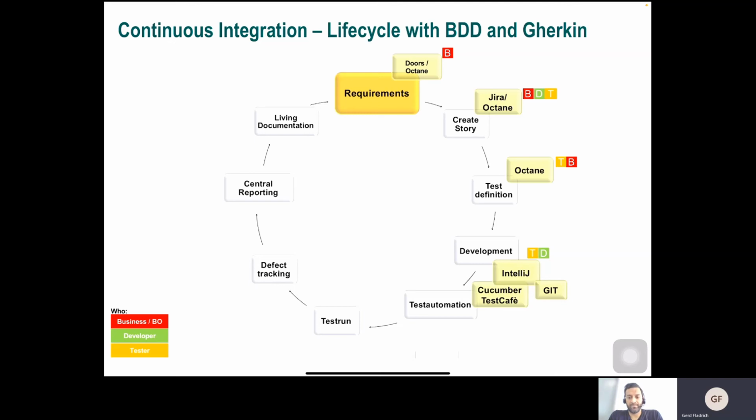In this case, it was TestCafe, but it can be also LeanFT, or what is the name now? Right, yeah, it's changing from time to time. Can be also Protractor, Jasmine, Selenium. There are many tools on the market, and they all can be used here for the test automation. So it's not necessarily that you have to have the Micro Focus tools, but you can have also some others. So that's the cloud we have here, where we do development and test automation all at the same time.